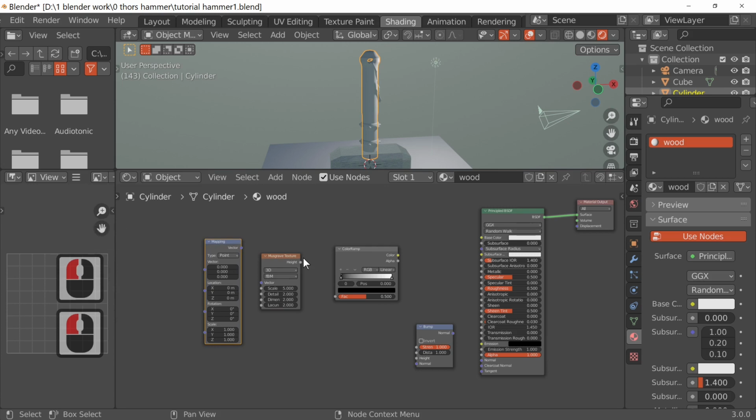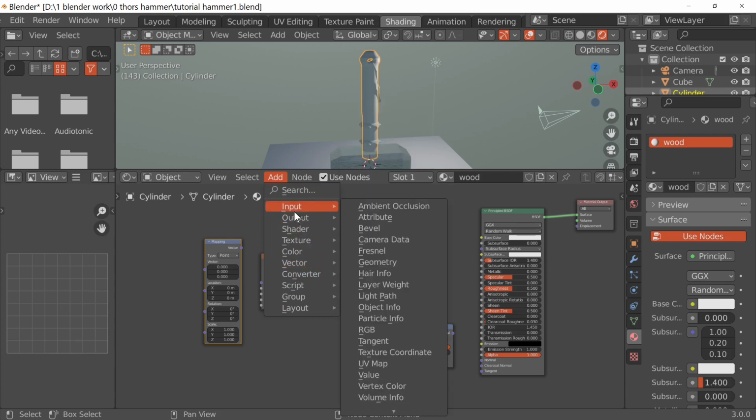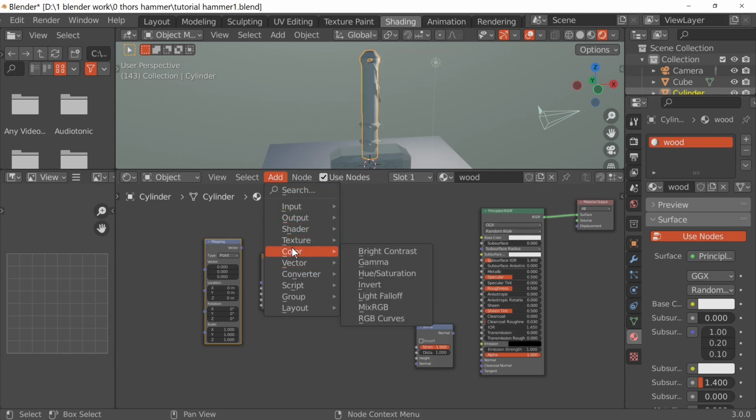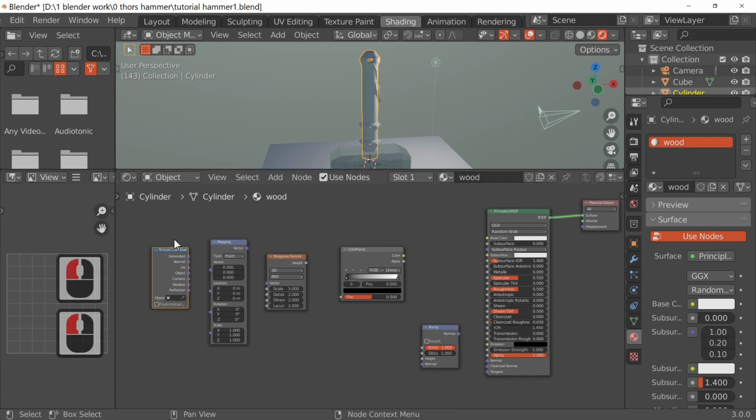And obviously texture coordinates. So add... where are you? Somewhere near the top, the texture coordinates. I can never find some things. I can't find it. There we are. Input texture coordinates. So let's start connecting some of these.